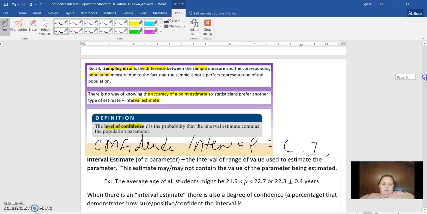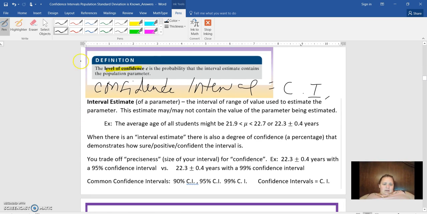All right, so an interval estimate is a range of values to estimate the population parameter, like the number in the population. For example, you could say the average age of students is between 21.9 and 22.7, or this guy right here